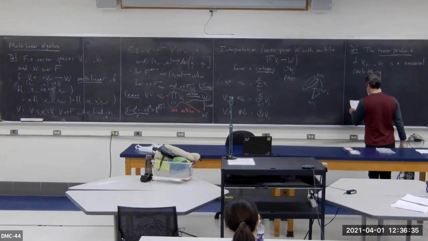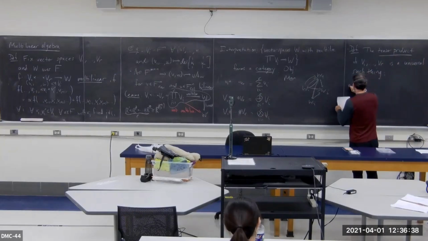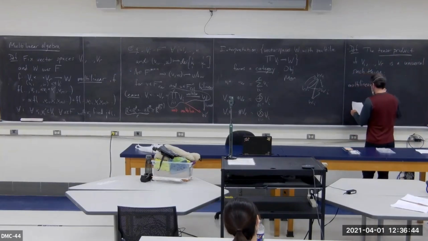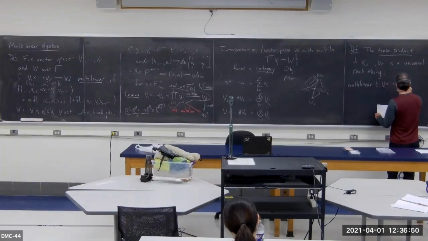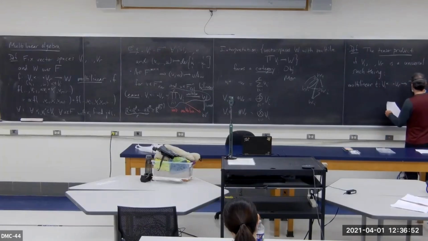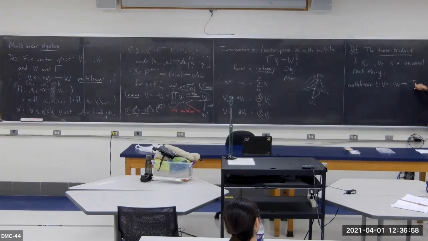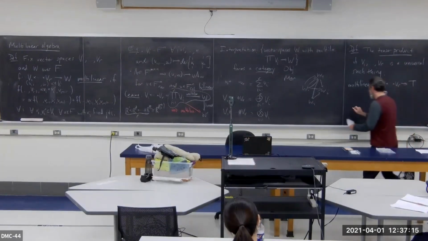So what I mean is that you have a multilinear map that goes from V1 cross up through VR to T. So T is going to be this universal guy. So this is going to be the tensor product, T. It's a universal object, so there's going to be a single object in this category, which is going to be T, along with a multilinear map from the product to T, such that